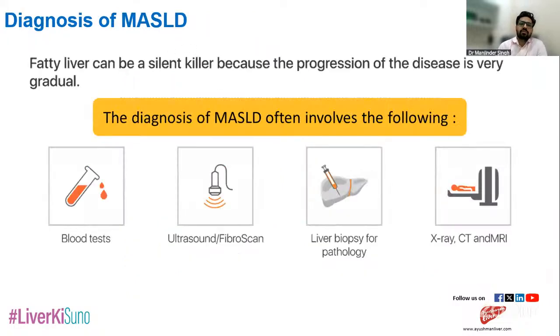Diagnosis wise, the earlier symptoms are very vague, so frequently overlooked. Like they said, it can be a silent killer because the progression of the disease is very gradual. So diagnostic tests often involve the following, that is blood tests first, to be followed by ultrasound or fibroscan. Ultimately, few patients may need a liver biopsy for quantification of the disease and to rule out coexisting etiologies. Similarly, at times CT and MRI are used to assess the disease. So, blood tests,